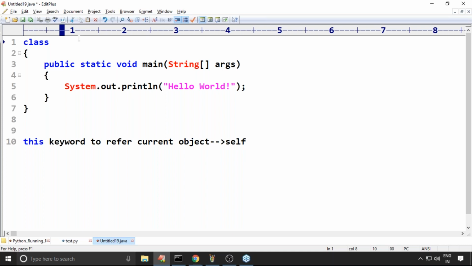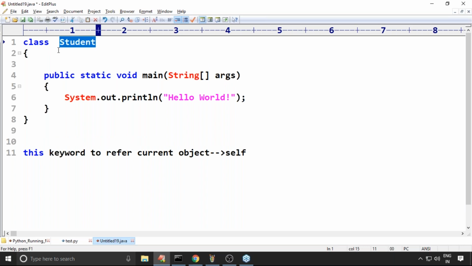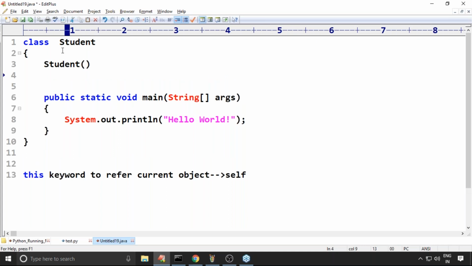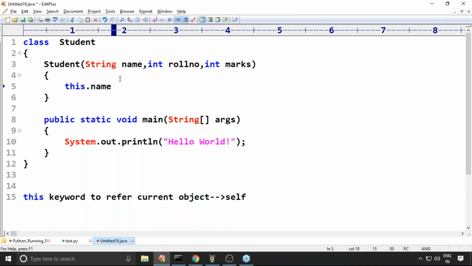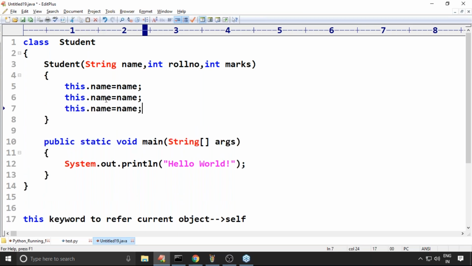Next, for the people coming from a Java background: how do you take a constructor in Java? The name of the constructor and the name of the class must be the same. With string name, int rollNumber, int marks, within the constructor we write this.name = name, this.rollNumber = rollNumber, this.marks = marks. Here, the people coming from a Java background should write self.name, self.roll_number, self.marks.